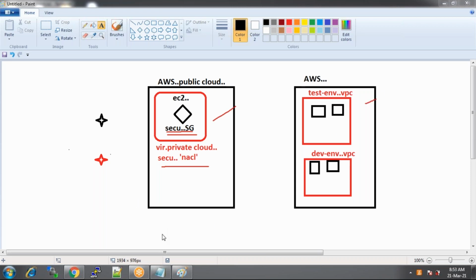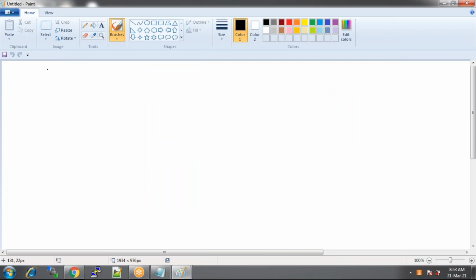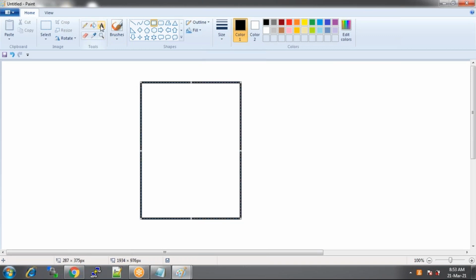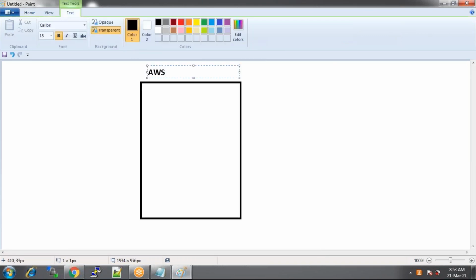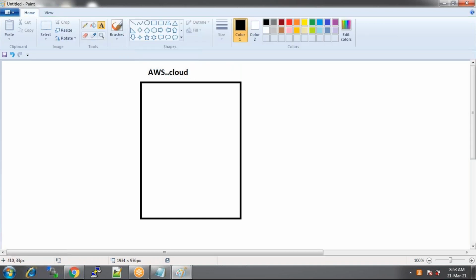Let's talk about another important reason why we should have a VPC. Now here, the third important reason why we need a VPC is for deploying applications, the application deployment purpose. Let me give you an example. So this is the AWS Public Cloud. On this AWS cloud, first I will be creating a VPC. That's a VPC.